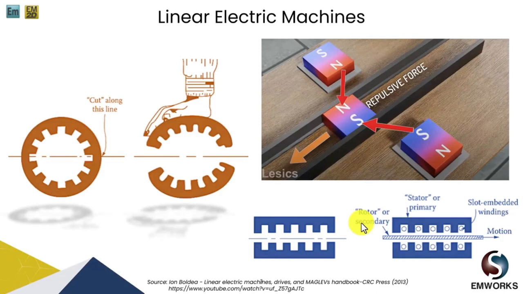When we give supply to the system, the developed field will result in a linear traveling field. Just imagine a magnet placed on a rolling bar between two magnets facing north and south pole. As we can see, if the magnet is placed in such a fashion that its north faces the north and the other side, the south pole, faces the south of the other magnet, they will generate a repulsive force on this magnet and will push it to roll in a linear motion, either forward or backward. A similar principle is used in linear electric machines. Moving ahead,